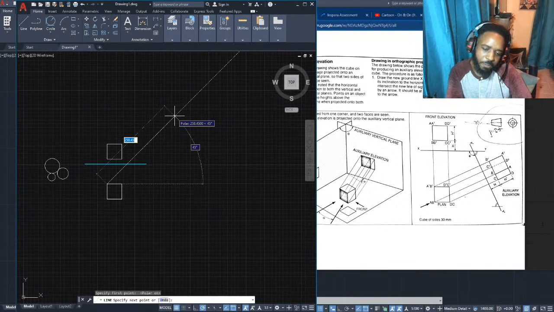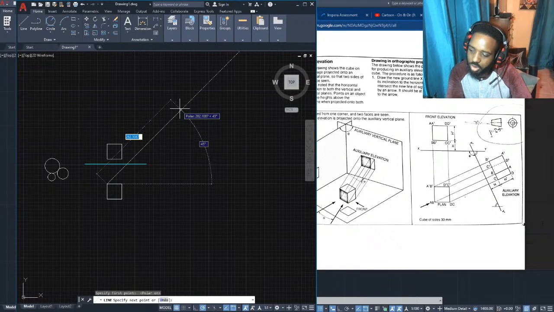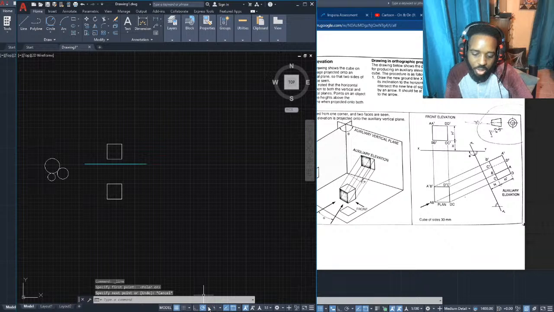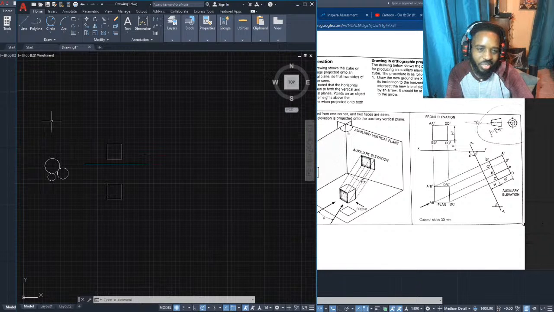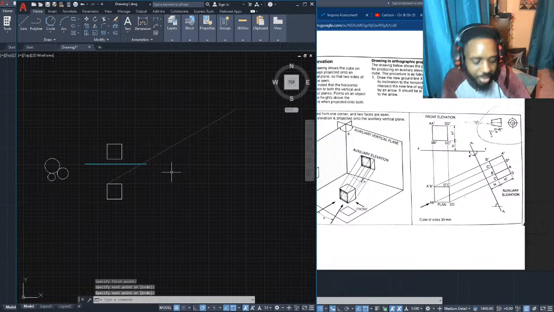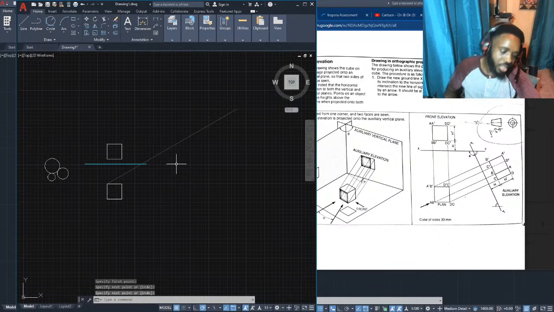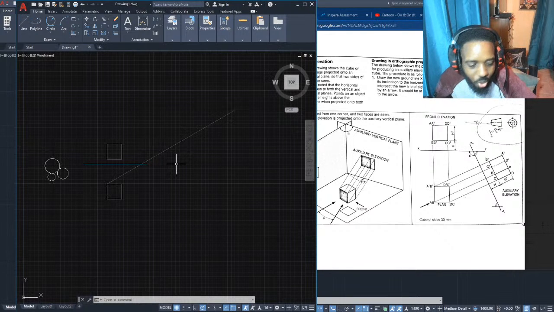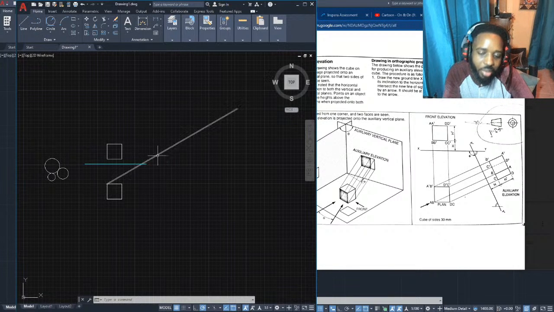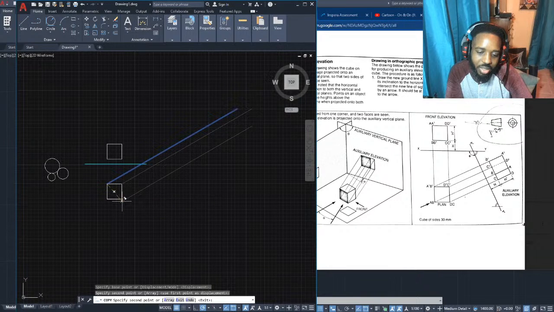Here, I can use any angle because an angle was not given. But I think 45 looks a bit too steep. So let's use 30 or something like that. Let's bring different lines out at a 30-degree angle. To make life easier, once you bring out one line, you don't have to bring out all the rest of the lines. You can just bring out one and then copy that one line. So I can click on this, select copy, and copy it from here to here to here.